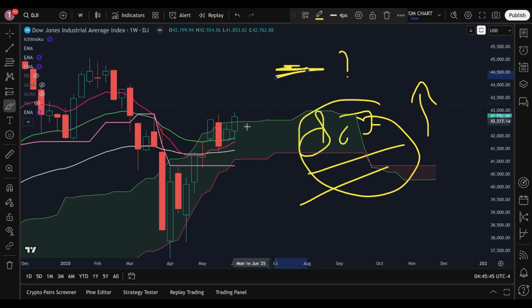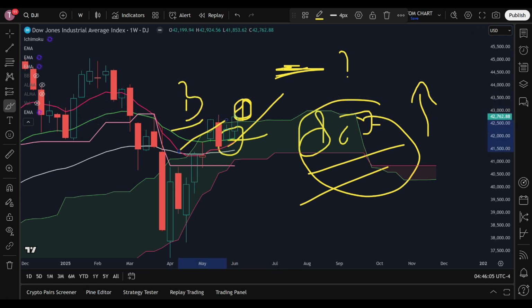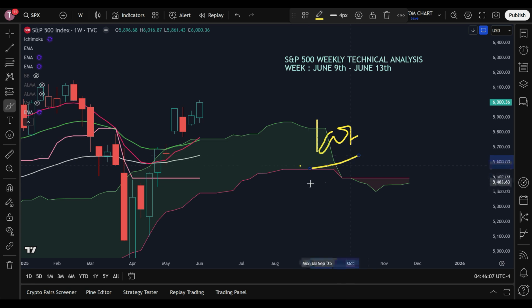There is no problem, because now the moving averages have come into a condition wherein if there comes one more good green candle in the next week in the Dow Jones, then the Dow Jones is also expected to get a confirmed bullish crossover through the moving averages. Once the Dow Jones also turns absolutely bullish on the weekly chart, and the S&P 500 is already 100% absolutely bullish, then in that case we can anticipate 6147.